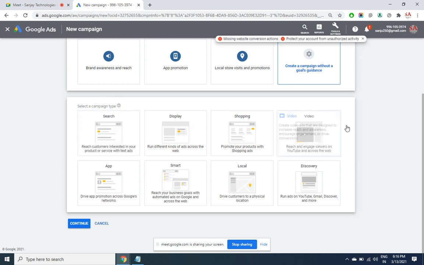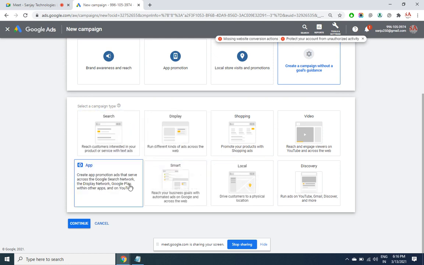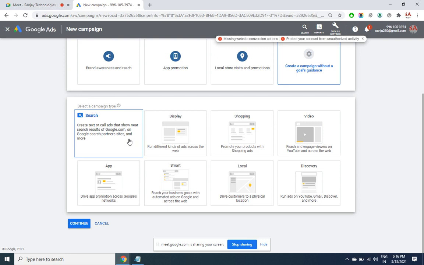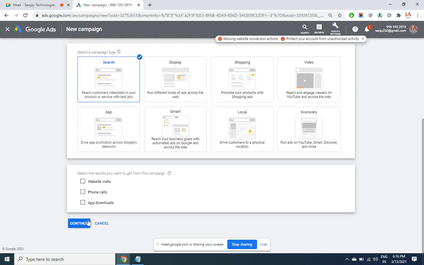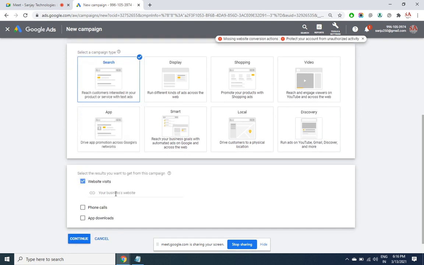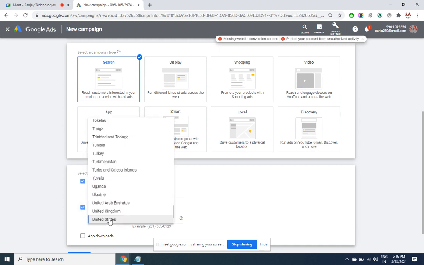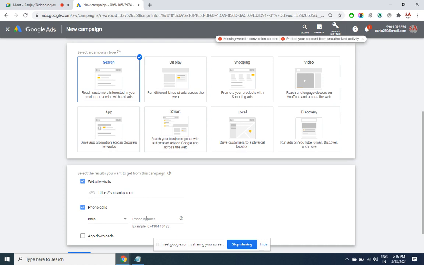In which platform do you want to display? We have seen discovery, video, shopping, local, smart, display, search, as well as app. So let's say search engine. These are all the three values that I wish to give. I want visitors, I want phone calls. You'll be able to use all the extensions, add extensions into this campaign.